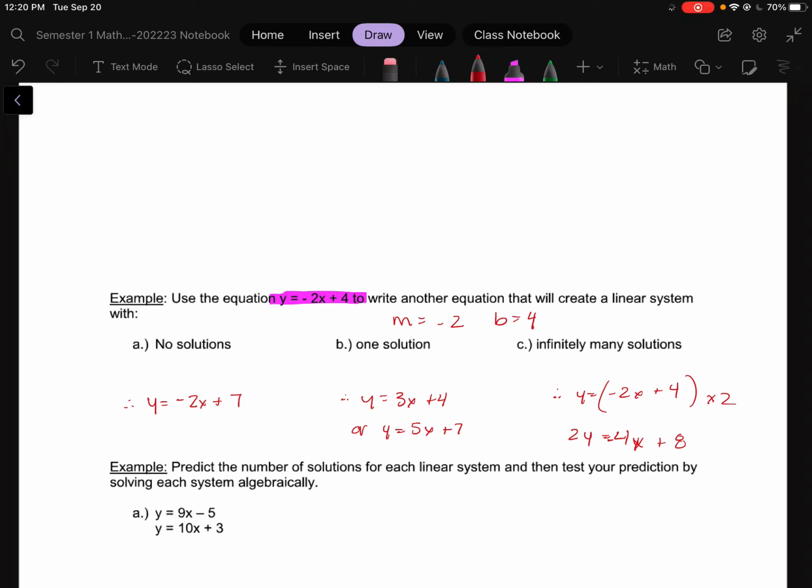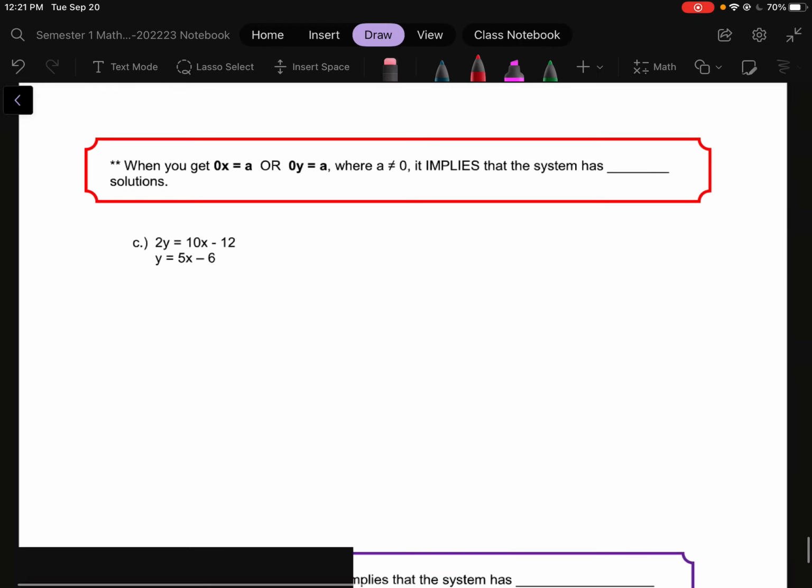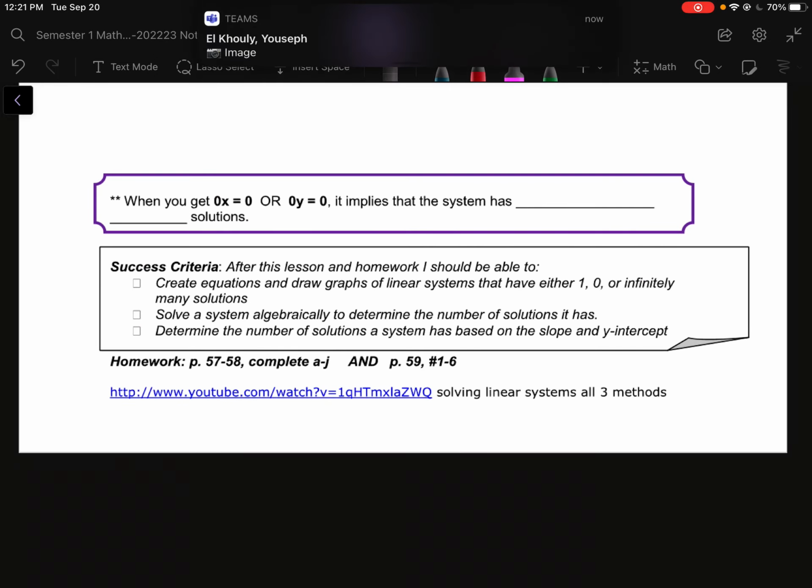Please complete the rest on your own. The next examples go over one solution, no solutions, and infinite solutions. There is a YouTube video on this later on that is attached here, so you can complete that. Let me know if you have any questions, and I'll talk